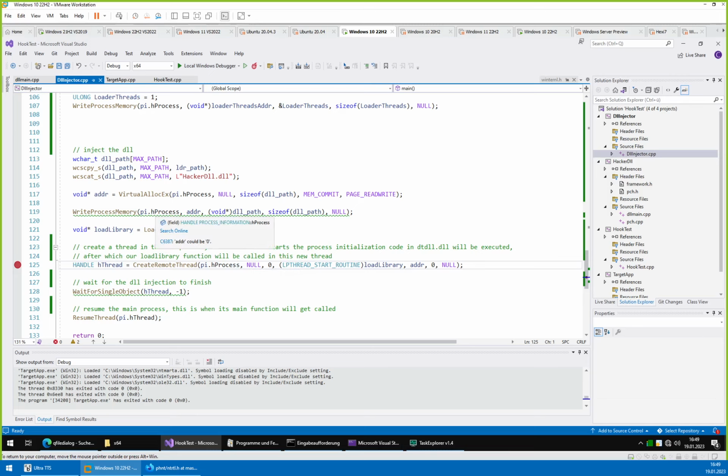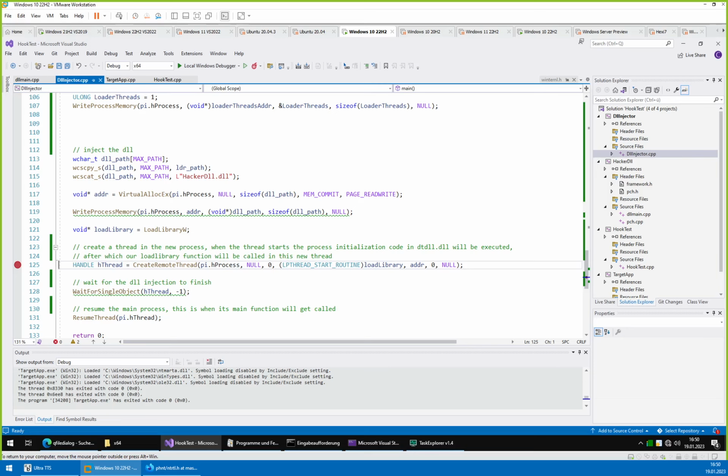So this is something that usually is the case, but in principle you can write a code injection mechanism such that you could inject across different architectural boundaries. This, however, is much more complicated. So the simple case is if you make an injector which is itself 64-bit and can inject into a 64-bit or a 32-bit process, because there are some functions available which help you with that. The other way around, injecting code from a 32-bit process into a 64-bit process, is not so easy,